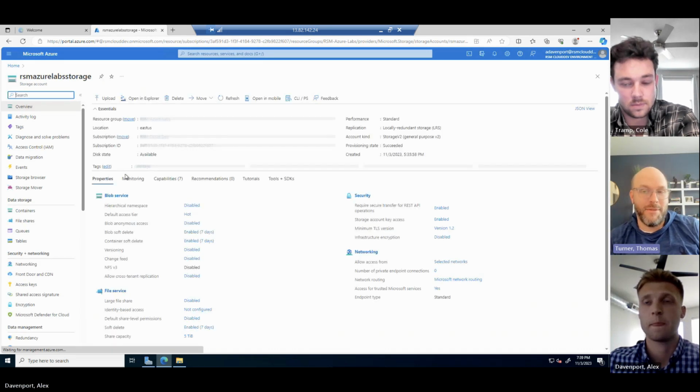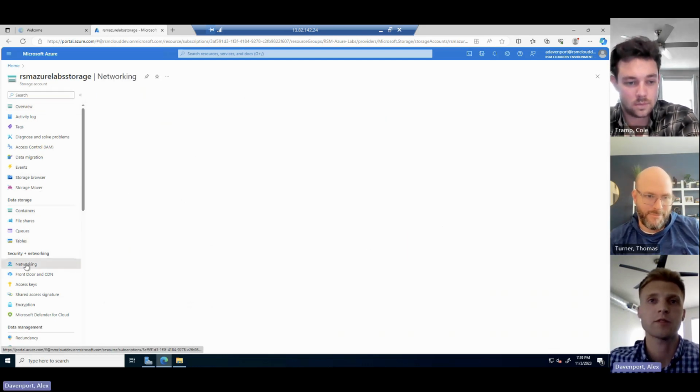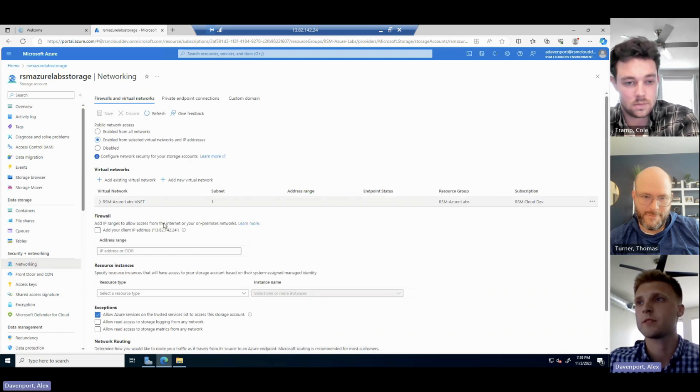Now, that's a public IP address, so other people can hit that remotely? We have this server locked down via network security group, so it's only accessible from within RSM. Oh, got it. And then now if we go to the networking tab, we'll just double check to confirm. Yep, same configuration. If I go to the storage account container again,